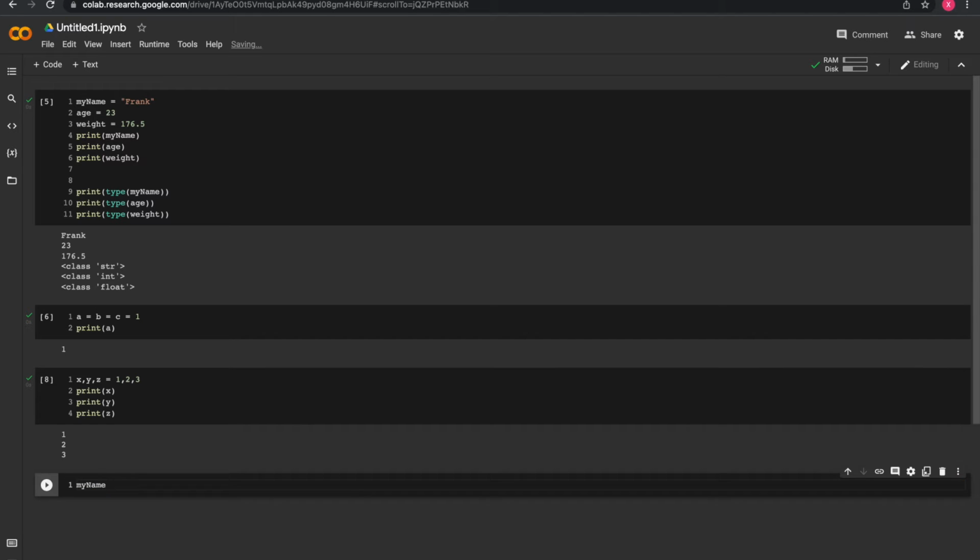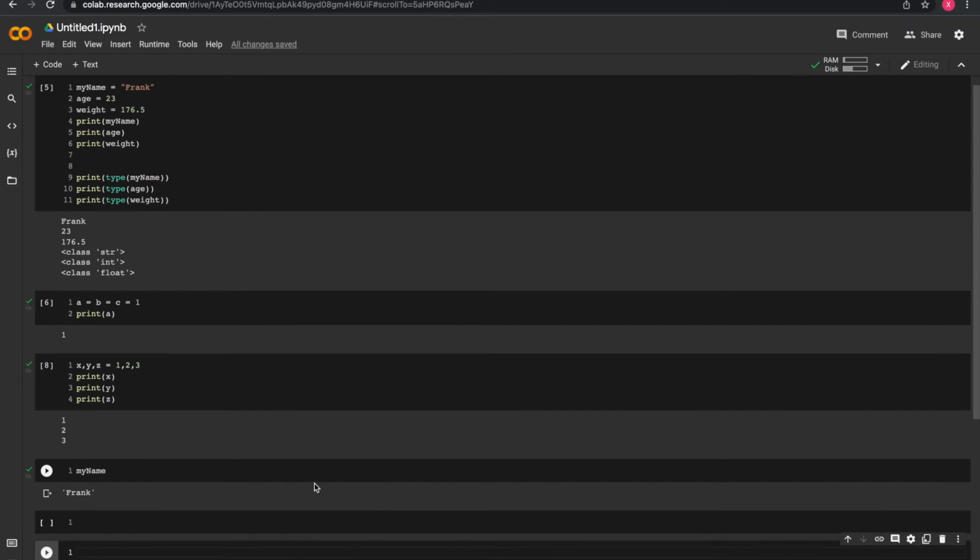So if we just print it, we know it's Frank. But how about if we just want the first three letters? How do we do this? The first three letters of this string, first three characters. Well,